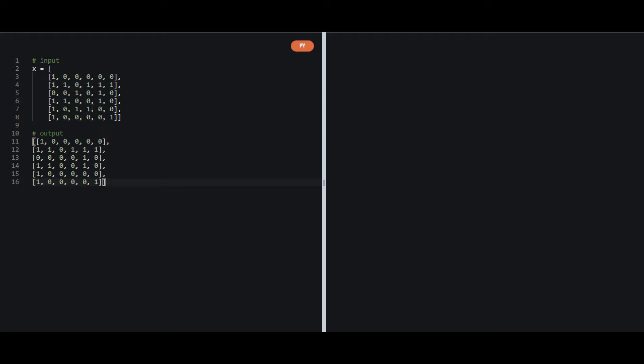So the definition of an island is a one that is not connected. The ones are the lands and zeros are the water. Consider it in that way. And all the ones that are not directly connected to another one that is at an edge. All the ones at the edge or the corners are not an island, and all the ones connected to them, either horizontally or vertically, are also not islands.